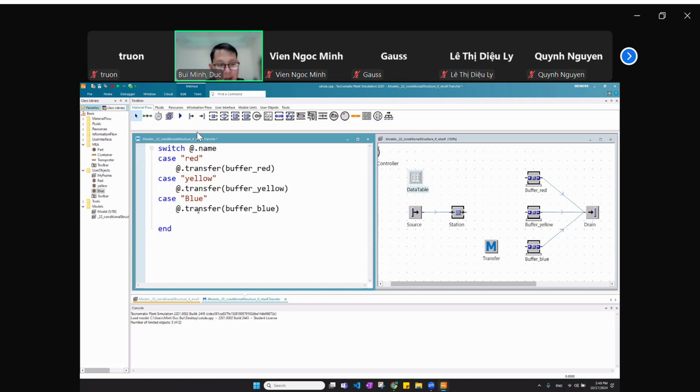Okay, and maybe you can write here case white, and then transfer to buffer white. And of course, this will never happen because I don't have such cases here, but it's good to have some kind of debug. For example, here,